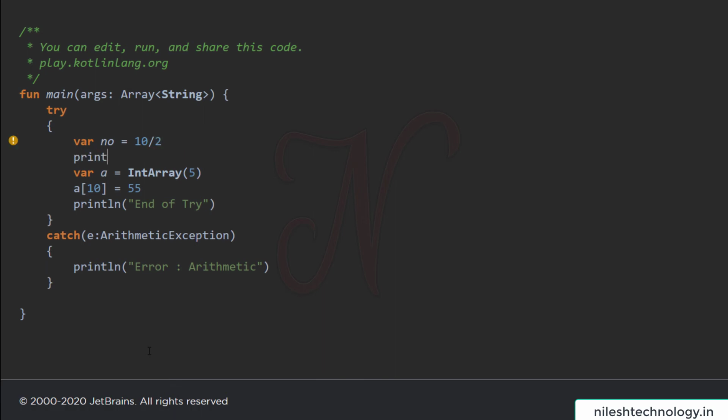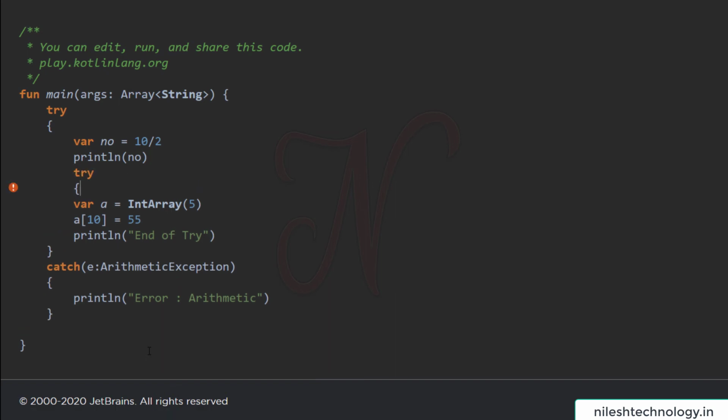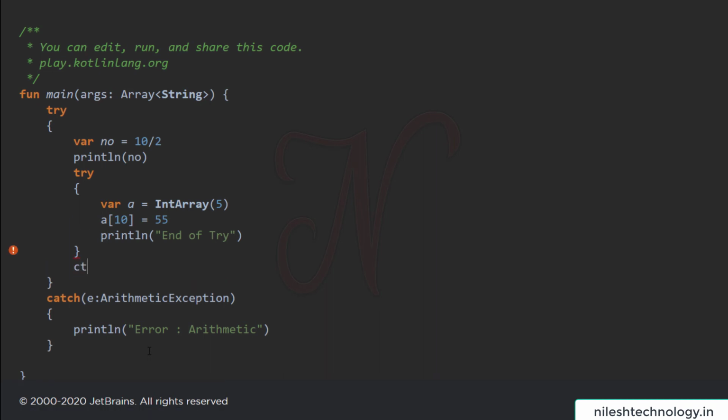Here we print this number. Then there is one more try, and this is the catch of the inner try.